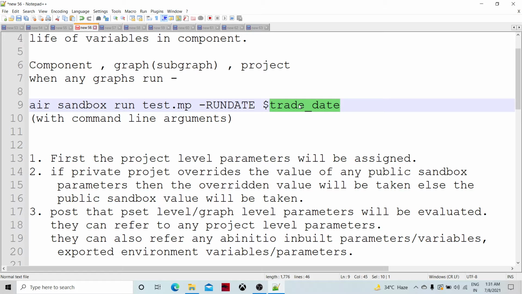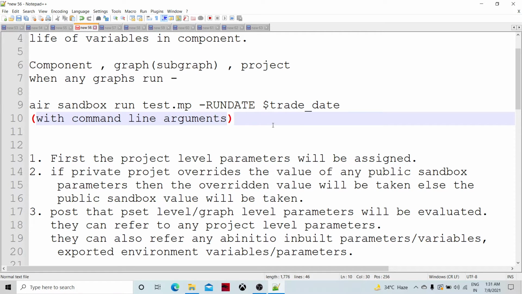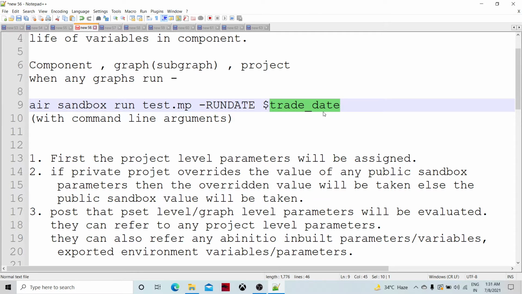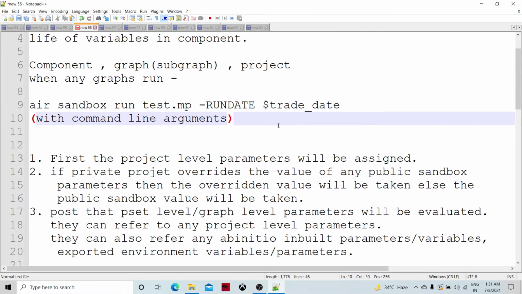Autosys also has an environment, so if the Autosys environment has the trade date available, then only can we call it. These are the possibilities. Or if we call it from a TWS schedule, then if in the TWS tool we are setting up this trade date, then only can we call it.